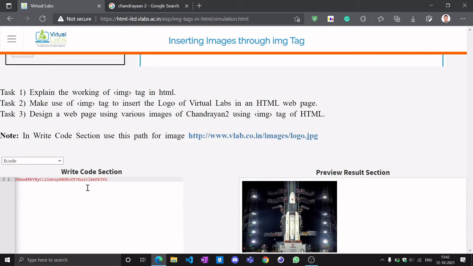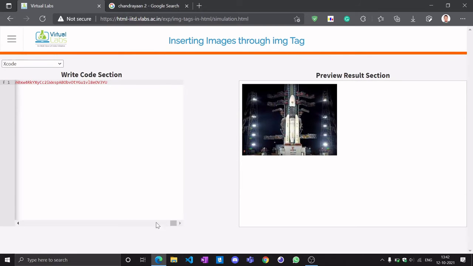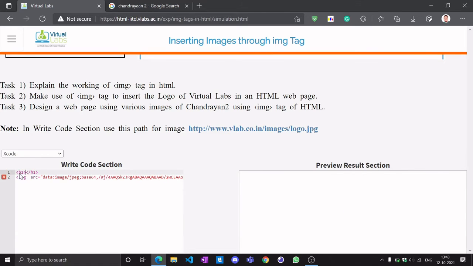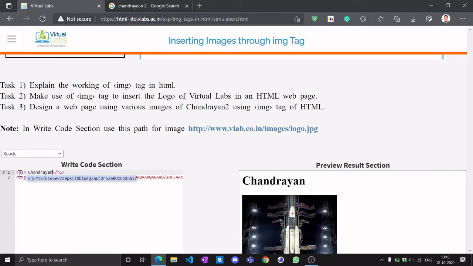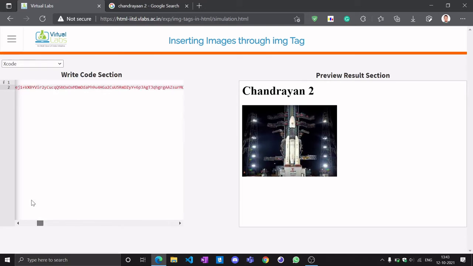Yeah, this image got loaded. It is a very big URL, that's why. And let's make a heading as Chandrayaan. Yeah. So let's add some other pages if we want to add. It's a very big URL, I guess.